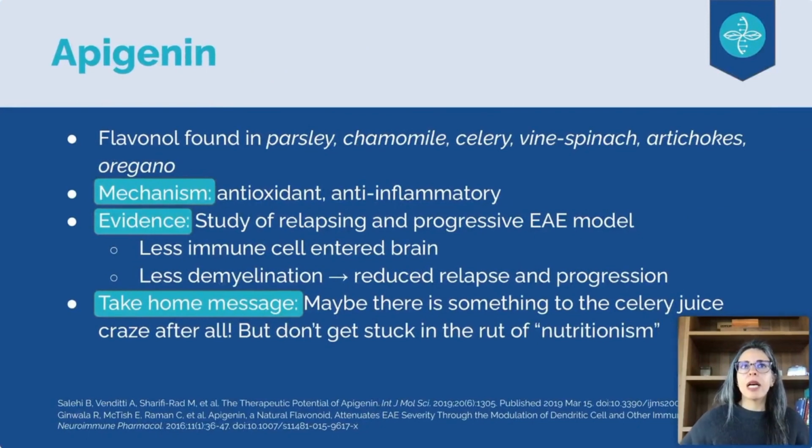So let's talk about a flavanol molecule called Apigenin, and it's found in many things like parsley, chamomile, celery, spinach, artichokes, oregano. If you notice, they're all kind of green things. And we know Apigenin is a polyphenol that has antioxidant and anti-inflammatory properties. How do we know that it actually helps? Well, there was a study done where they used these mice, the EAE mice, that's the mouse model for experiments. And they looked at mice who ended up having relapsing-remitting MS or progressive MS, and gave them